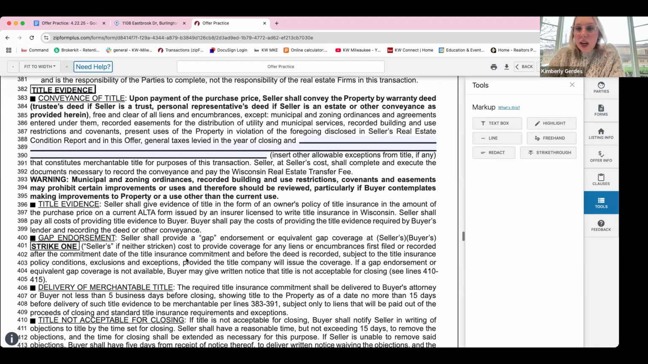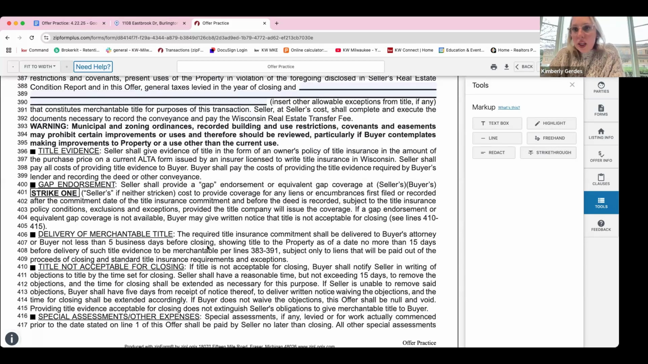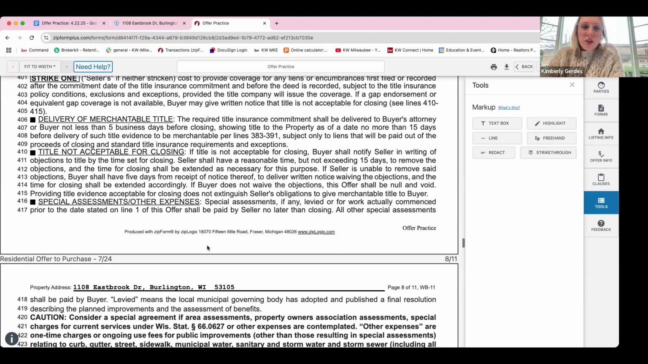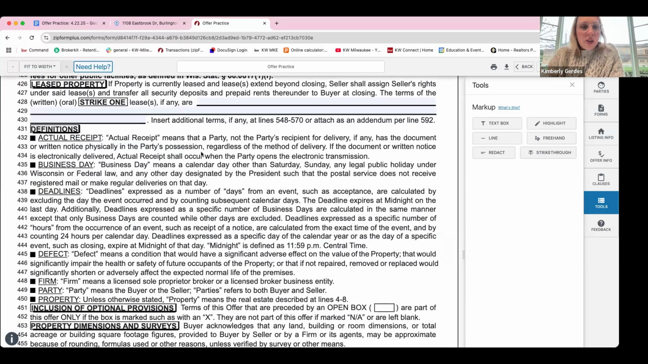This section here talks about title, what title is, who pays for title and all that stuff. So make sure you read through that. I'm just gonna breeze past it. There's a bunch of definitions